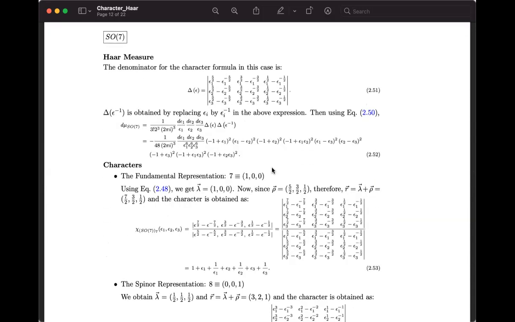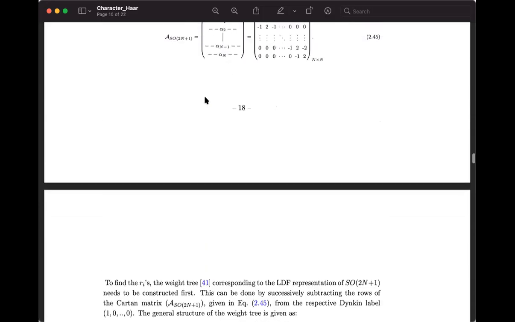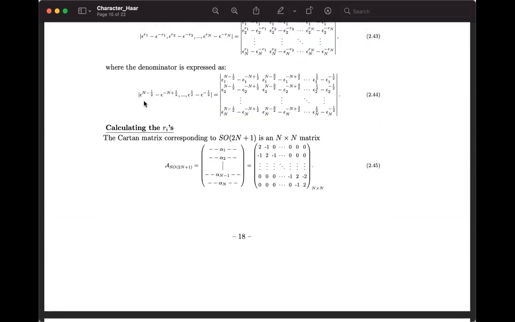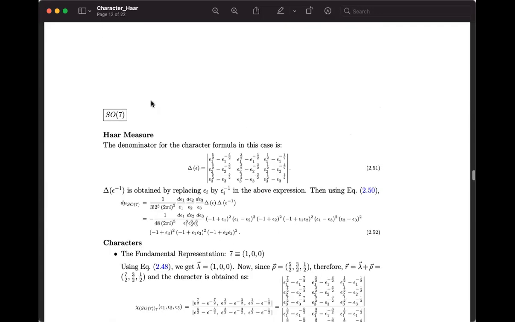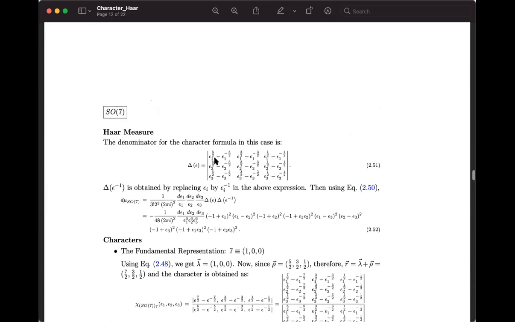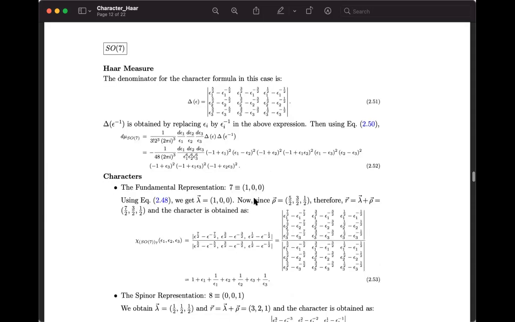Now let's see some explicit example for SO7. So it's basically rank is 3. Okay, so you can write it down in delta epsilon. If you see how to define this thing, it's n minus half and then this thing, right? So in this way, if we define, so say n equal to 3, so 3 minus half is basically 5 by 2. That's starting from 5 by 2, and then gradually decrease by 1 unit, and so on. So we can calculate this thing, and we plug in back, and we get this Haar measure for this SO7.